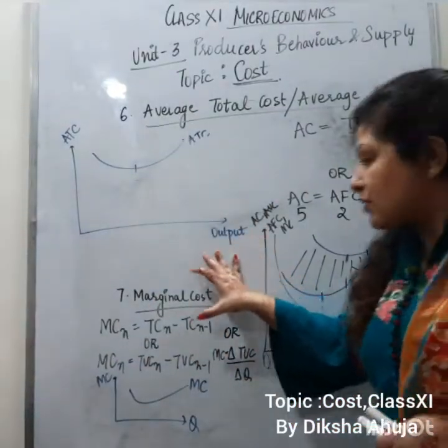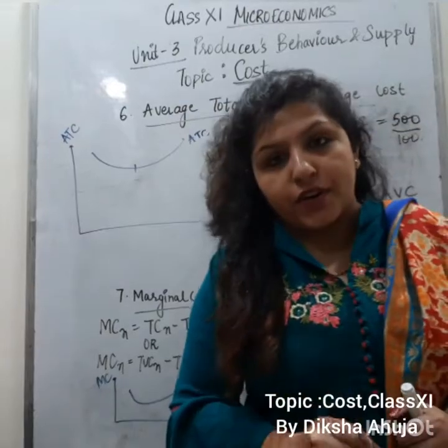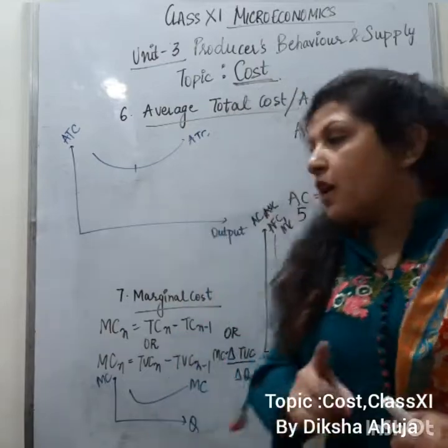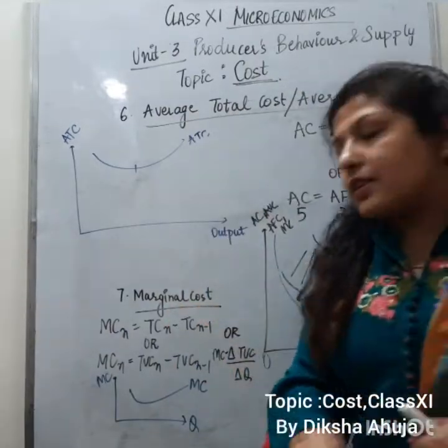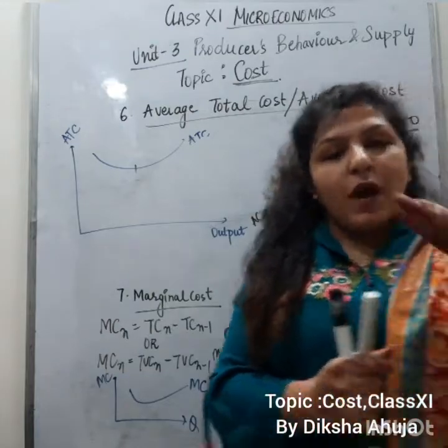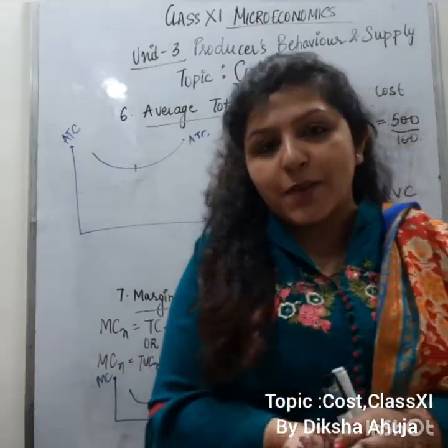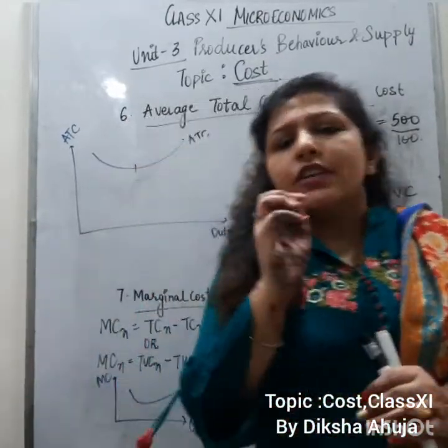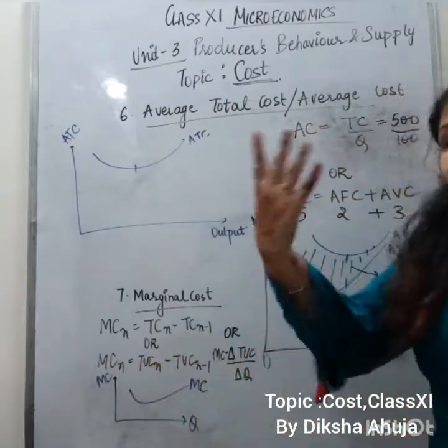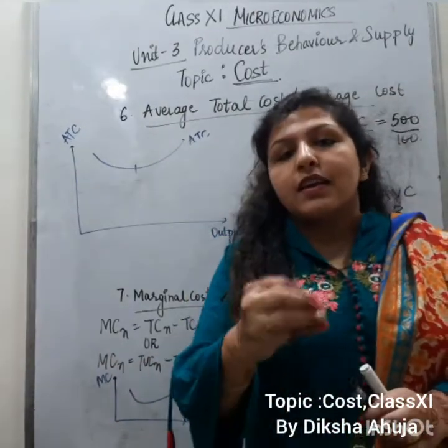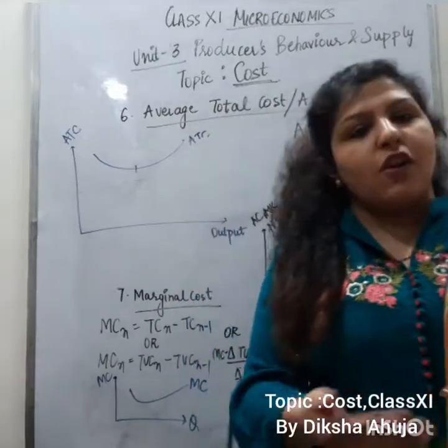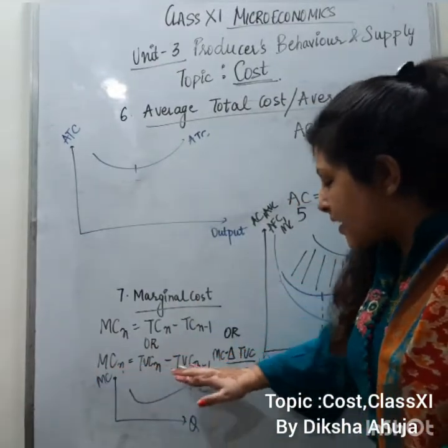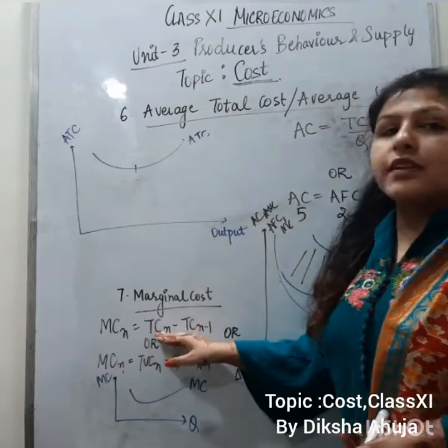So let's talk about marginal cost, the last type of cost, which is very important, right? I hope side by side you are looking into the formulas also, because that will help you to do the numericals. Okay, so marginal cost. Marginal cost is the change, the additional cost incurred. When you produce more output, if you are producing more Uncle Chips, you require more potatoes, right? The more Uncle Chips you produce, the more potatoes you will require. So definitely marginal cost is linked to variable cost rather than fixed cost. If the question arises whether marginal cost is related to fixed cost, you will say obviously no, your fixed cost remains constant, right? So MC is related to TVC, total variable cost, and therefore it is related to TC also.